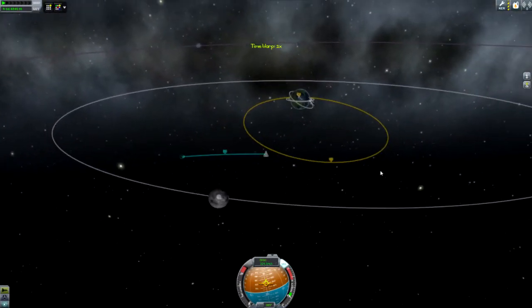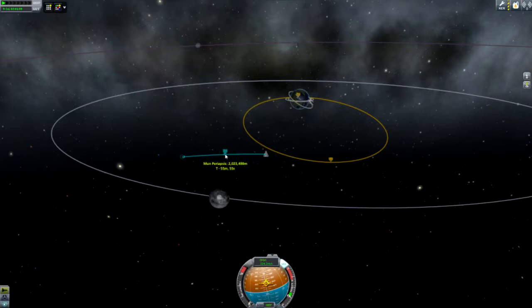Okay, now, this is how it changes. This looks incredibly strange, right? That's because it kind of is. Now, this blue line here isn't necessarily where we're going, because we're still traveling in the same direction that we were before. This blue line basically represents the amount of influence that the moon is going to have on us, and this yellow is where we'll end up if we don't do anything. Now, as I fast forward time again, you'll notice that this blue bar actually moves in space more towards the yellow as we get closer. But this periapsis here is the periapsis to the moon, so since that's the best place to do a maneuver,